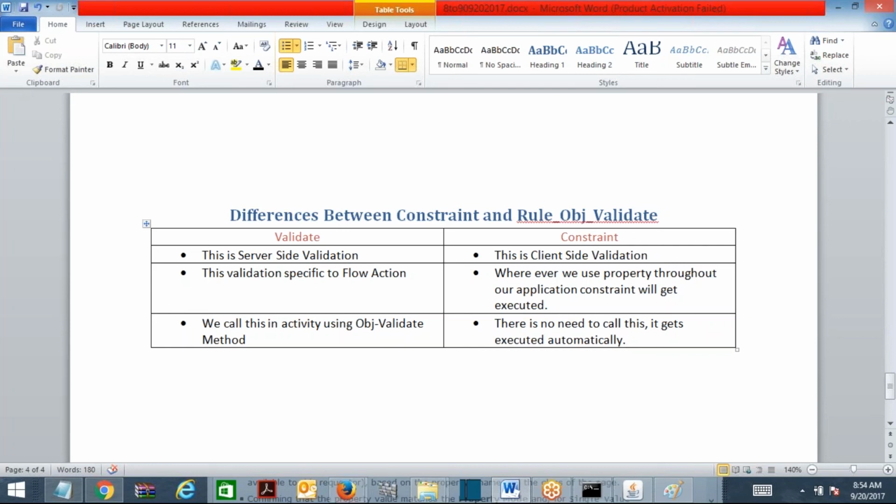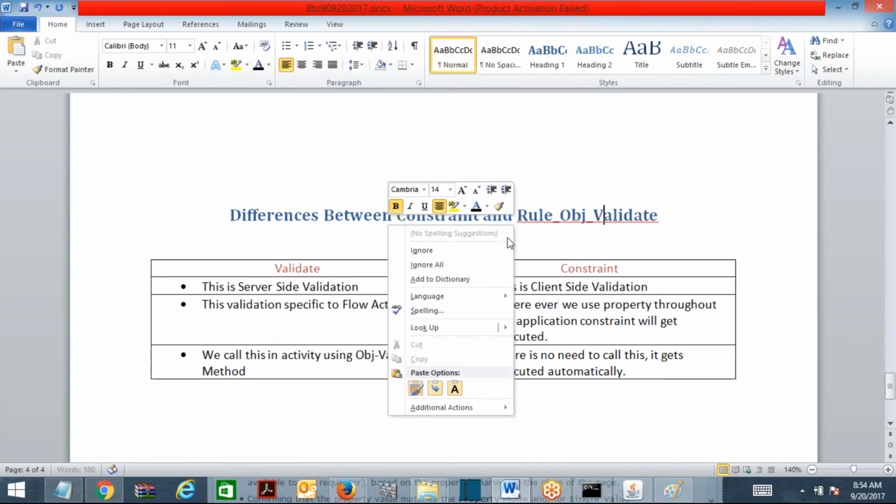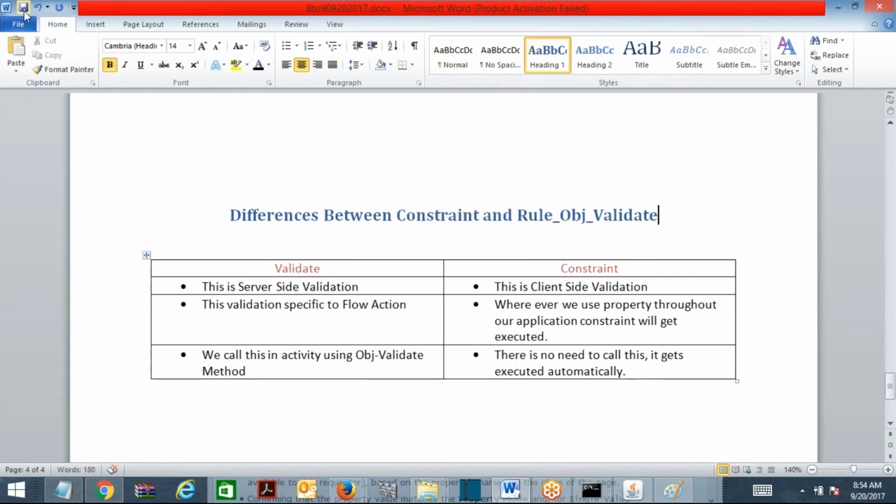Any other differences you identify, go ahead and make a note of them. Any other differences between constraint, validate, and edit validate? We can define that also.